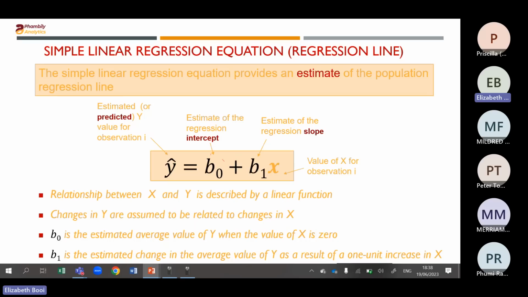There will be an increase because it's positive. So if the value of your slope is positive, we say there is an increase. If it's negative, we say there is a decrease. So there is an increase in the value of Y as a result of